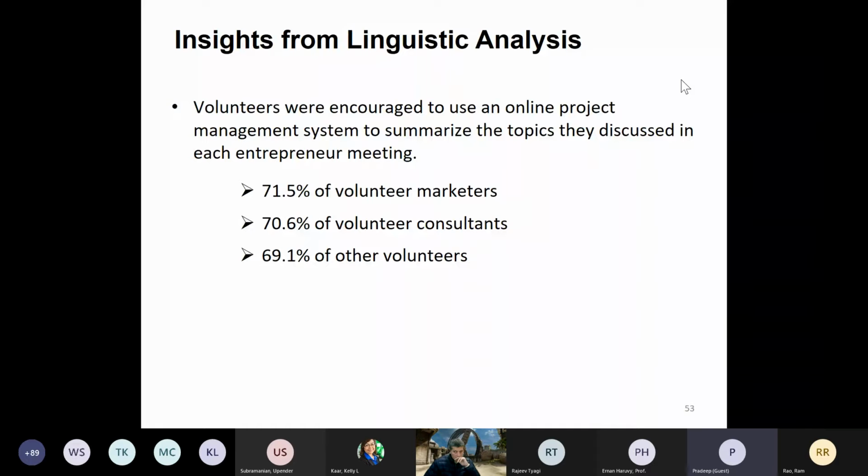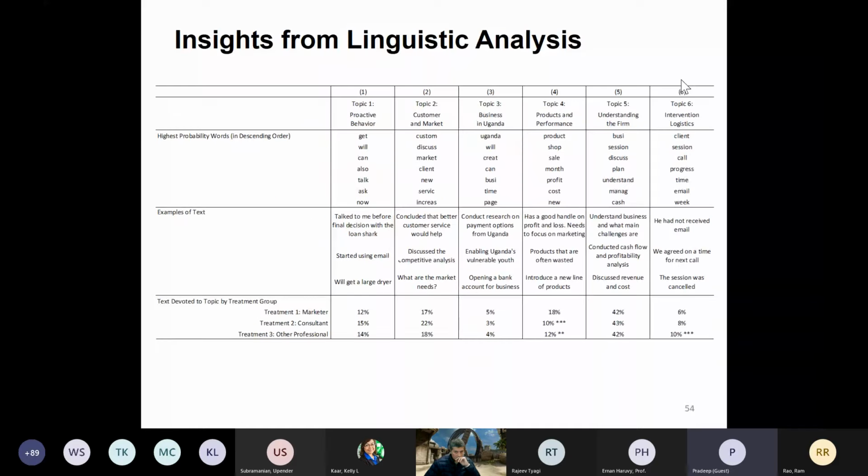So again, this is something to try and improve the performance of these small businesses. But to get insight into why these businesses may or may not be improving, you can leverage knowledge of analytics to actually try and